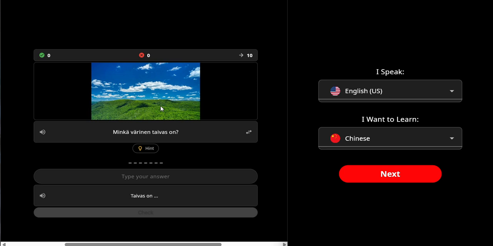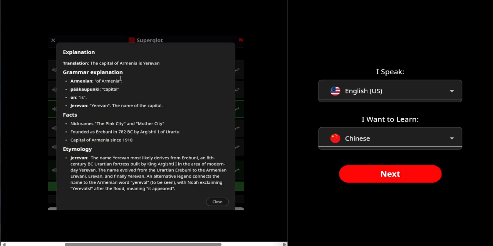You see here the picture, the question, the incomplete answer. And in the middle, you have to input the missing word. We have four different game modes, which we will demonstrate to you soon. We also have the explanation pop up window, giving grammar explanations for the question and answer words one by one. We also have facts sometimes, optionally, about the culture or history, even etymology of the words in the question